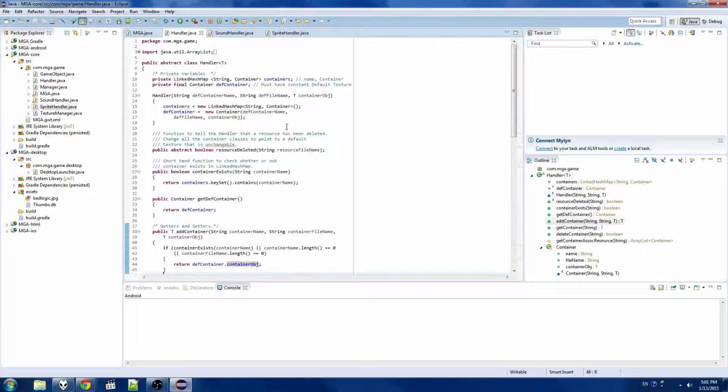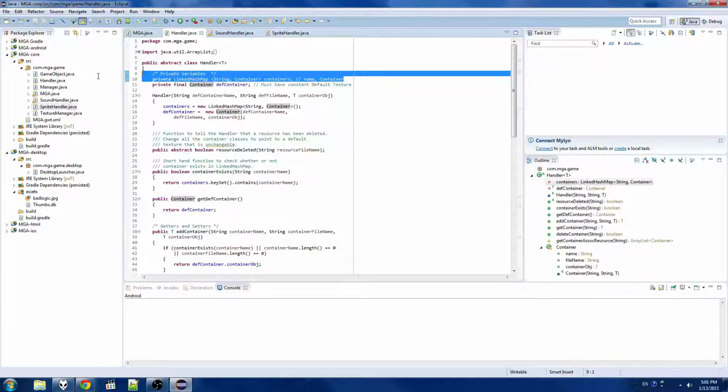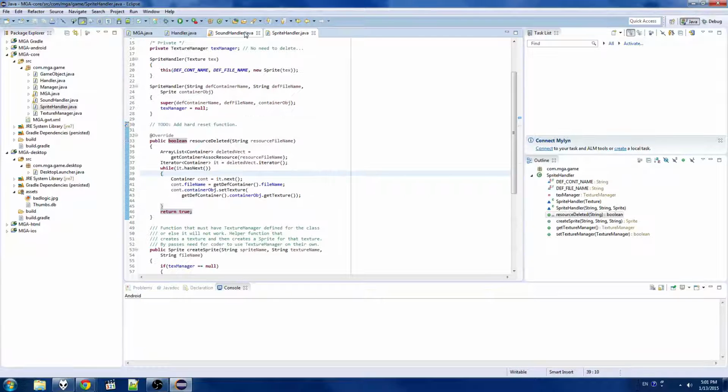Which minimizes the memory. But that key is still there, this linked hash map is still increasing in size, and eventually over some time this will become really large. So what we can do are two possible things. We can add a hard reset to this function so that if I switch a state and I know for sure that two states will never have overlapping resources or containers, then I could just hard reset and delete everything. Or